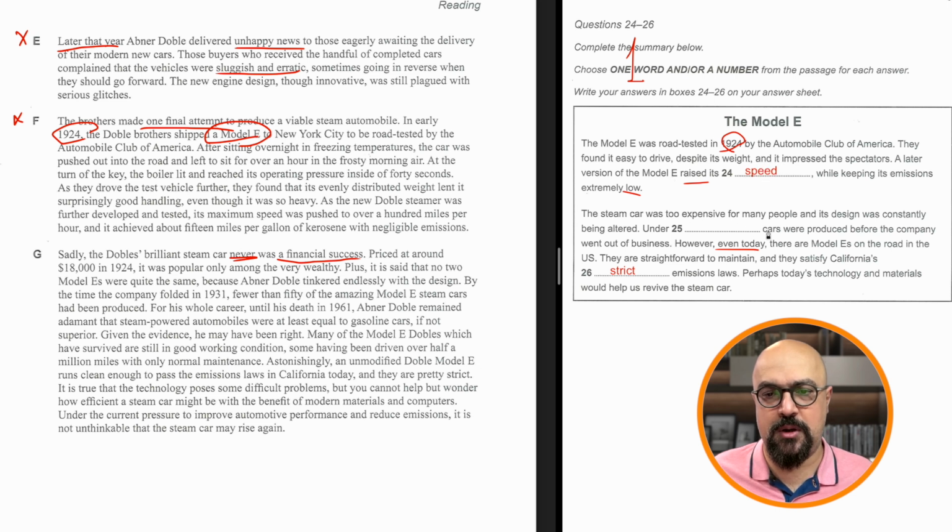Under blah blah cars were produced before the company went out of business. Okay, how many cars under? Okay, it's like a number. It seems like under blah blah, like 2 cars, 10 cars. How many cars were built? Numbers. Before the company went out of business. So,